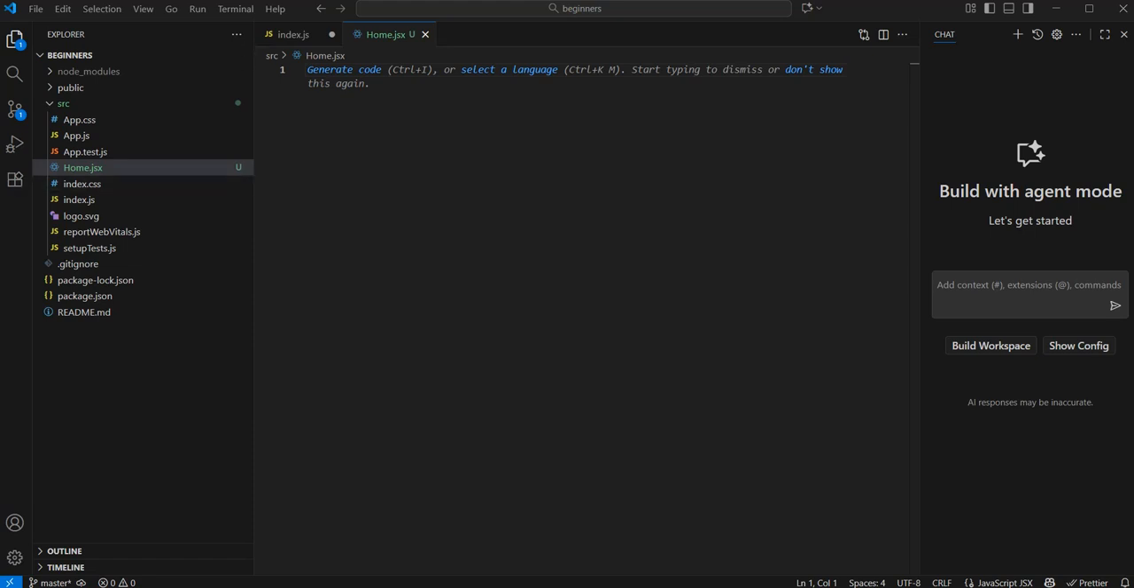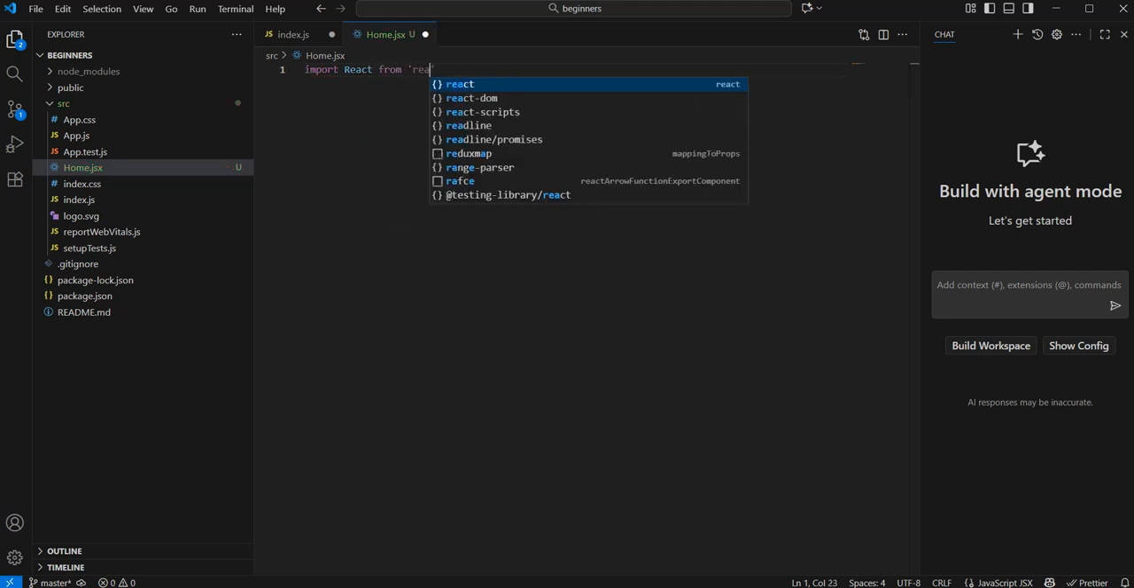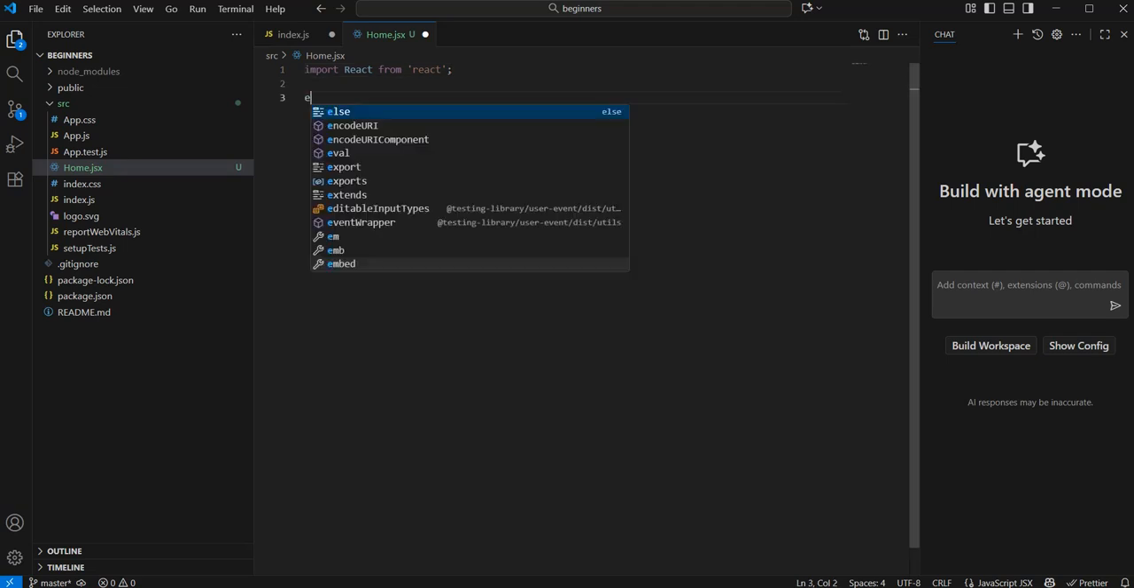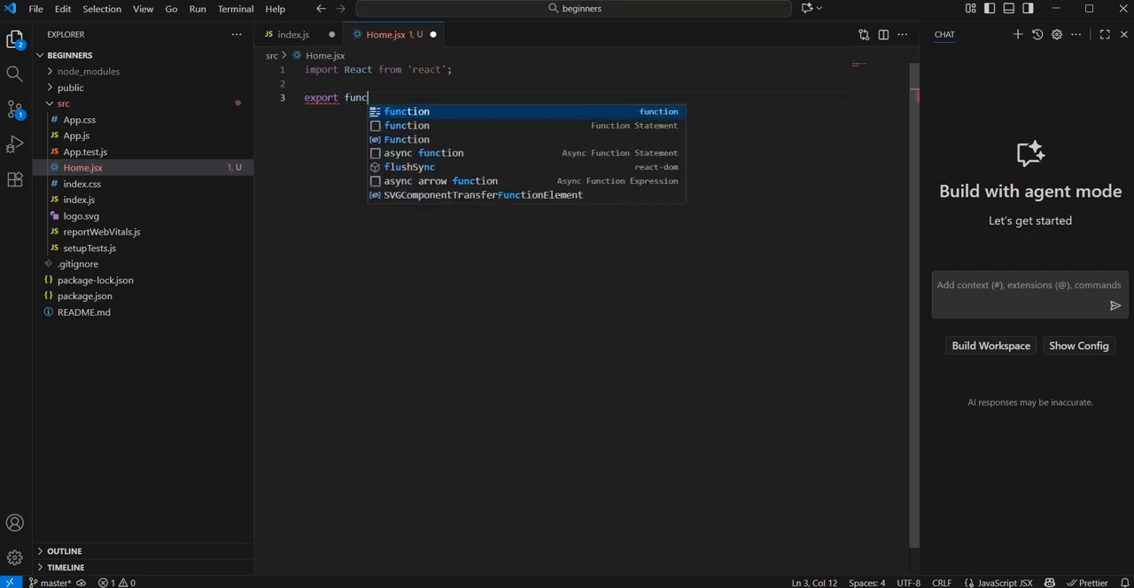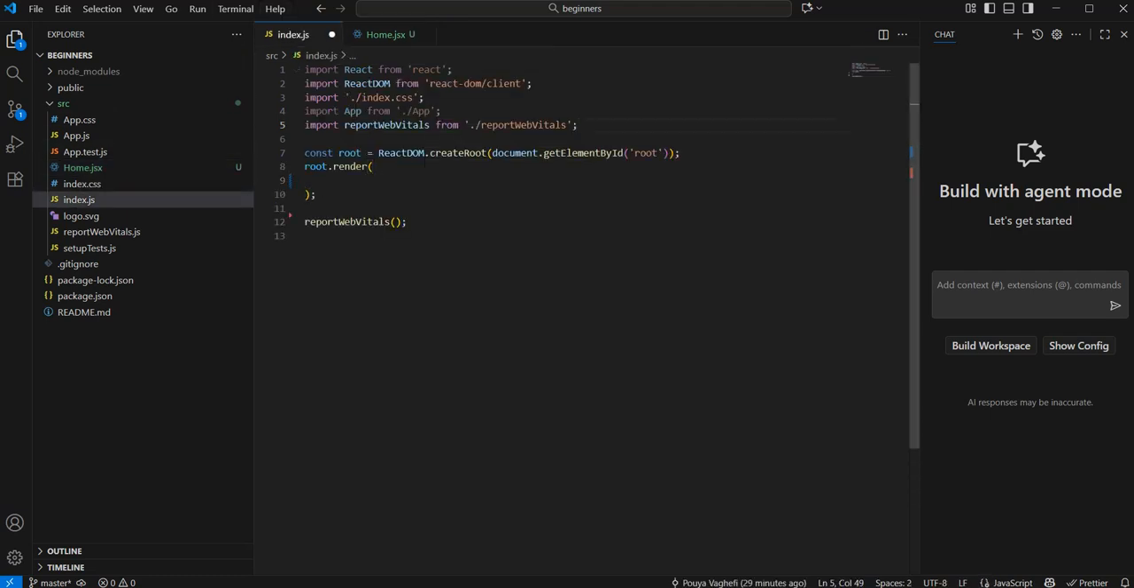And here, what I need to do is to import React from 'react'. This is essential. And after that, I write export function home and just return a simple h2, welcome to our series. Okay, this is our home.jsx component, and we want to load that into